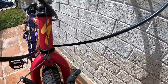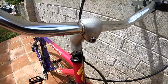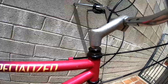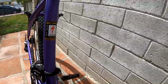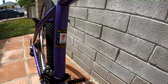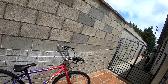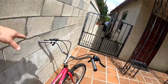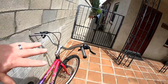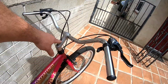Here's a really nice shot of the Specialized front end. And you know, black headset. Didn't have a brand when I looked at it. And there's a direct drive main tubes from Specialized Off-Road. Bottle cage bolts. So, like I said, pretty much I got her with flat bars, but I wanted her to be a little bit more comfortable, so I switched out to these mustache bars, beach cruiser-ish bars. I was lucky to have this stem because it has the little cable going through,